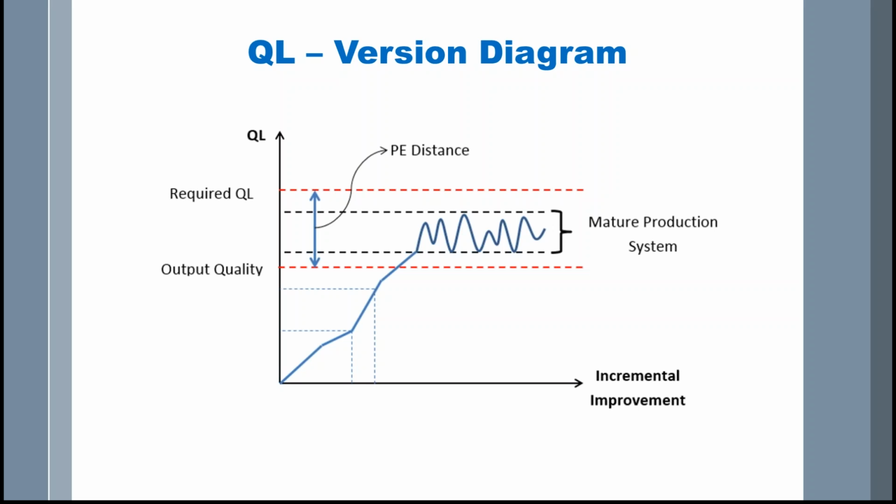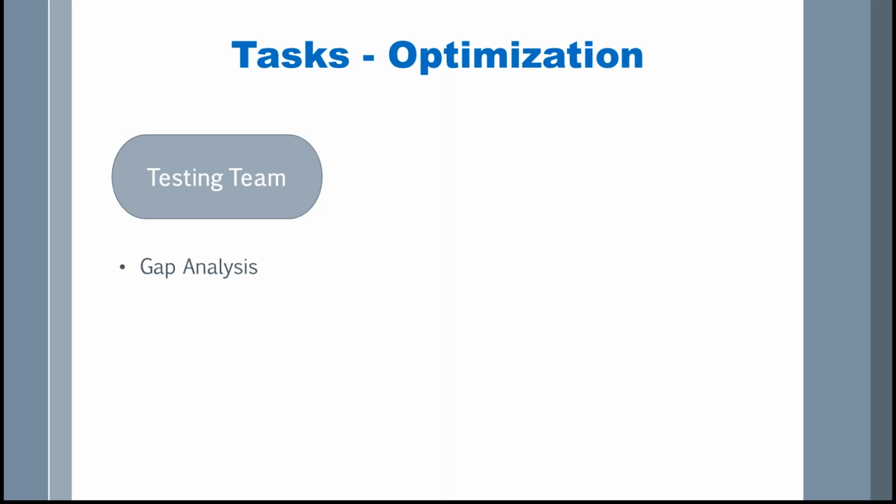It's a really hard journey to obtain mature production systems, and there are lots of tasks and procedures that are required to be performed before obtaining mature production systems. So let's go back to the testing team's procedures and how the team handles them, and what they are. Gap analysis is one of the fundamental procedures, and by the way, the KantanMT platform also offers this service for us as well, and it may be possible to